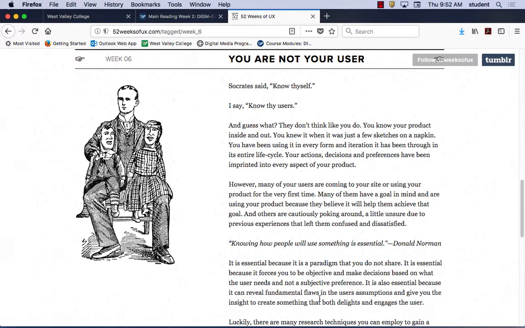Okay, so one of the biggest challenges that we have as a UX or UI designer is that you put yourself into the design, right? You're like, oh, I don't like that. I don't like that. Well, it's not up to you liking it. It's up to whoever your target audience is, right? And so that's sort of what